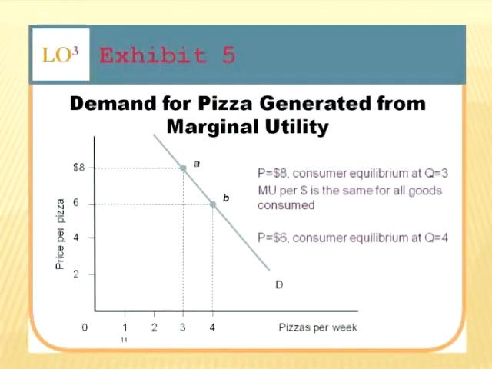So what we've been successful in doing is actually generating a demand curve. Because remember, when we talked about a demand curve and a demand schedule, we said that the law of demand says that as price falls, the quantity demanded increases. Well, that's exactly what happened with us. We had a change in price from $8 to $6, and we went from buying 3 pizzas to buying 4 pizzas. And this is a direct result, really, of a change in marginal utility per dollar.